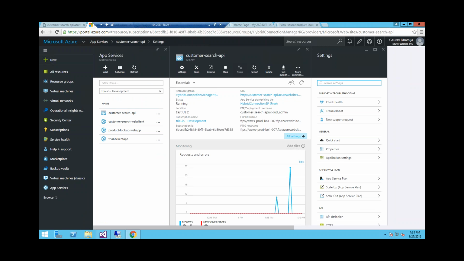Now, before you give it to your partners, there will be a production ready checklist where you want to enable security, monitoring, and other security aspects of this service. I'm showing you from the aspect of connectivity that this service can connect to your on-premise data sources and services, and you can leverage them. So that's how you leverage Azure Hybrid Connection, and this was a quick demo of it.